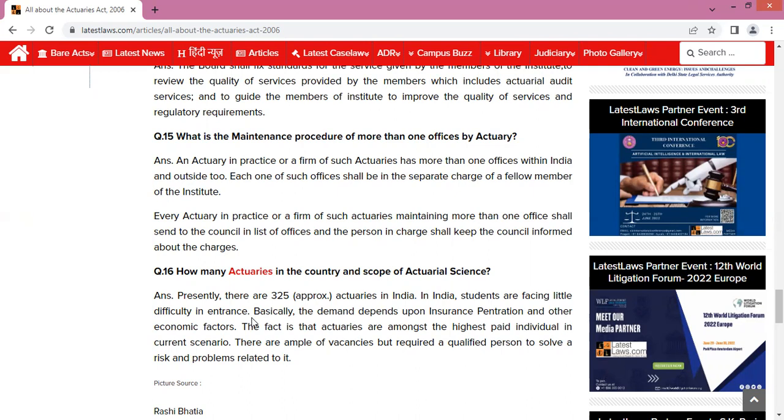A number of risks and problems are there. But if you have economic knowledge, finance knowledge, and law, if you know law, you have an opportunity to build your career in that field. A number of courses, a number of